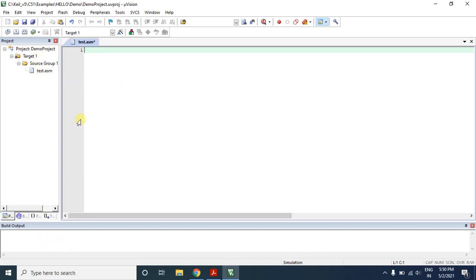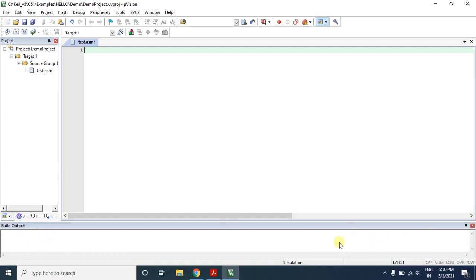And this is the editing window. Here only you are going to type your programs, and usually all the programs will be saved in the .asm extension. And this is the output window. Here you can see all the results, the compiling results. Any errors or warnings in your program, you can see at this window.